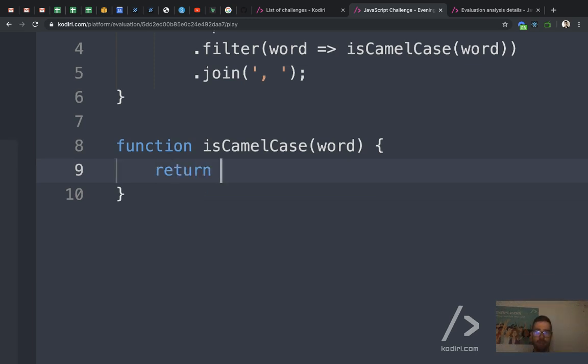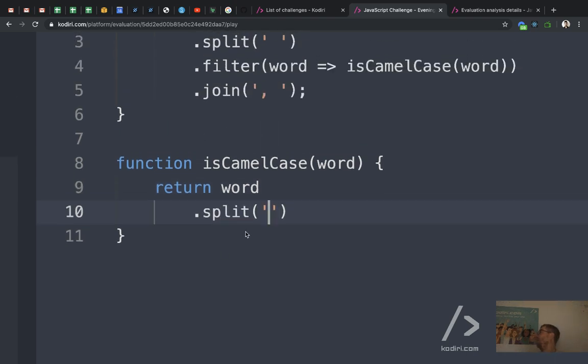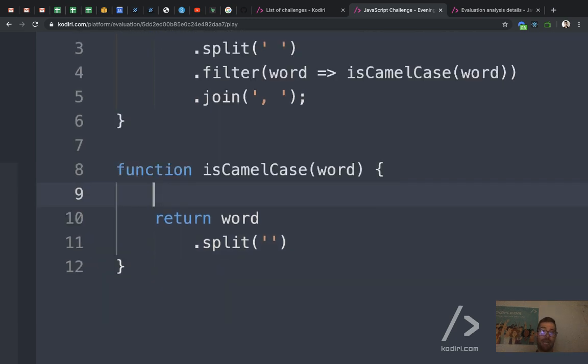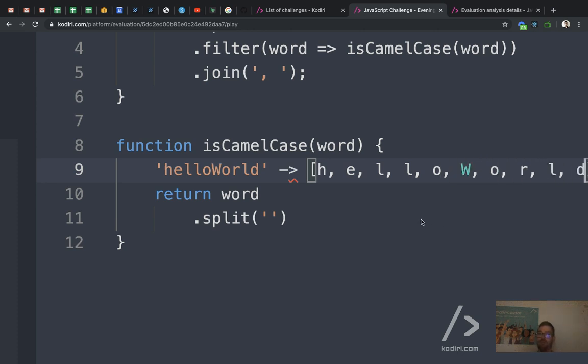So, return word dot split, and on this occasion, I will use an empty string, no space, because here what I got is a string, right? Hello world. So I want to have an array of characters like that, right? I want to analyze them individually. Why? Because I want to find if there is any individual character apart from the first one in capital. Do we have any? No? The W does, right? So we need to find it. To find it,